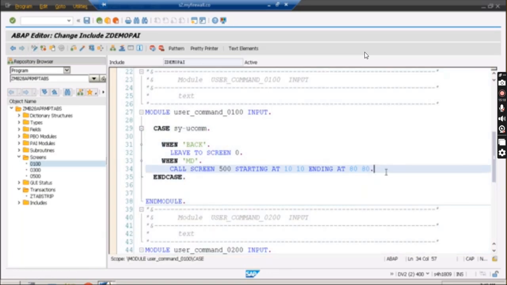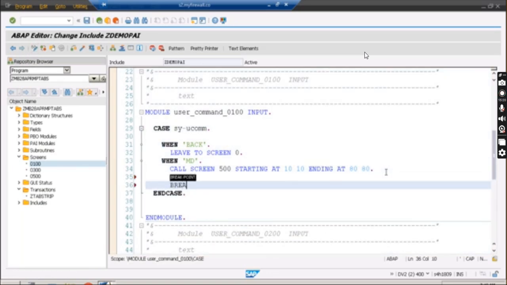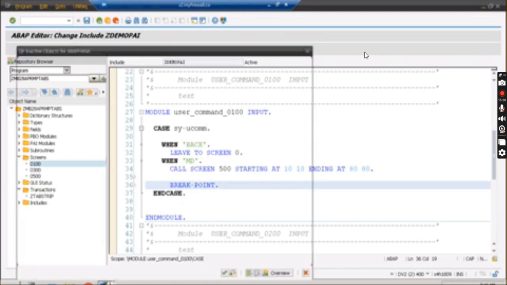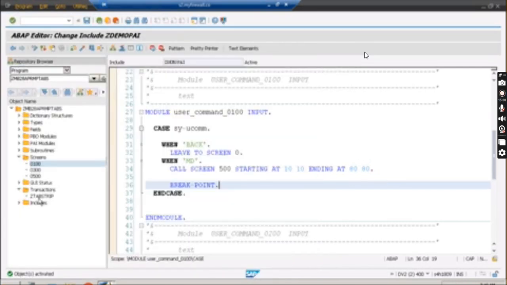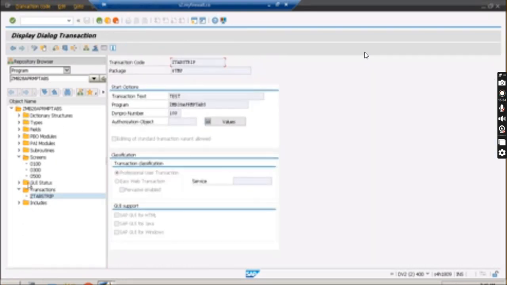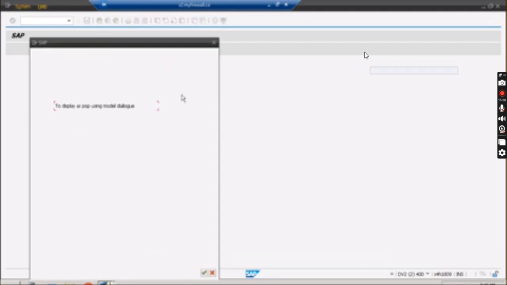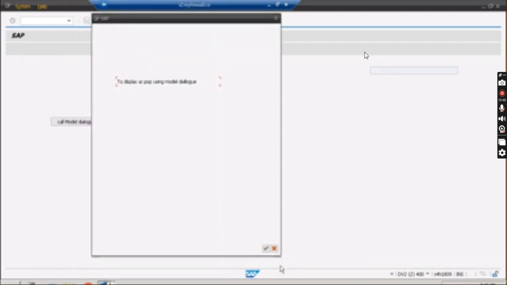Okay, so the next statement, suppose you have written some next statement, I have just given a breakpoint in order to show that it will come over here. So it will come and stop over here, right? Now go to this tab strip, click on this effect called model dialog, and you can see that two beautiful buttons are appearing over here.